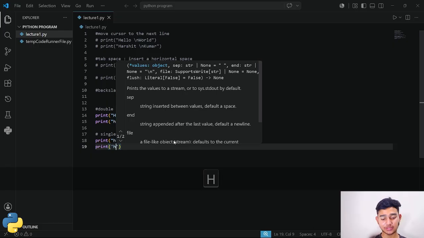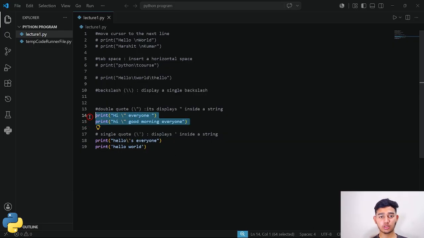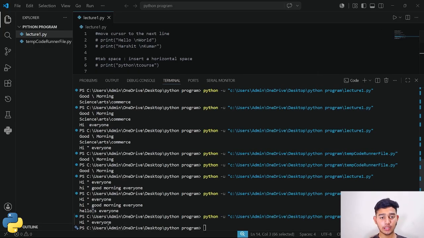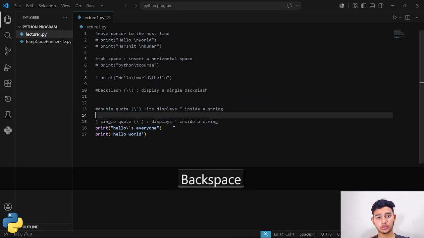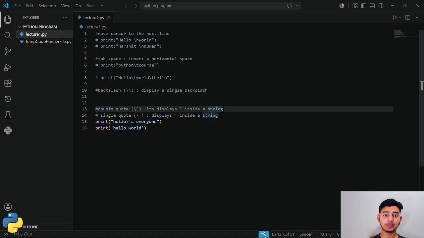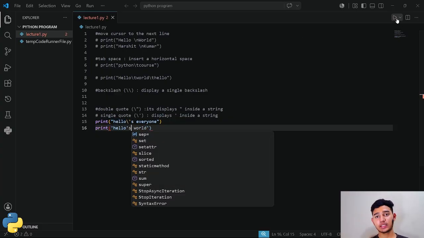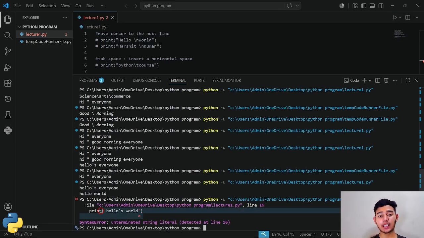It also works as a string, like I'm writing hello world. I'm commenting these two lines again. You can see that it's also printing hello world. But sometimes it gives an error. If you want to add an apostrophe and you write it like this, slash s, and you run this program, it gives an error.